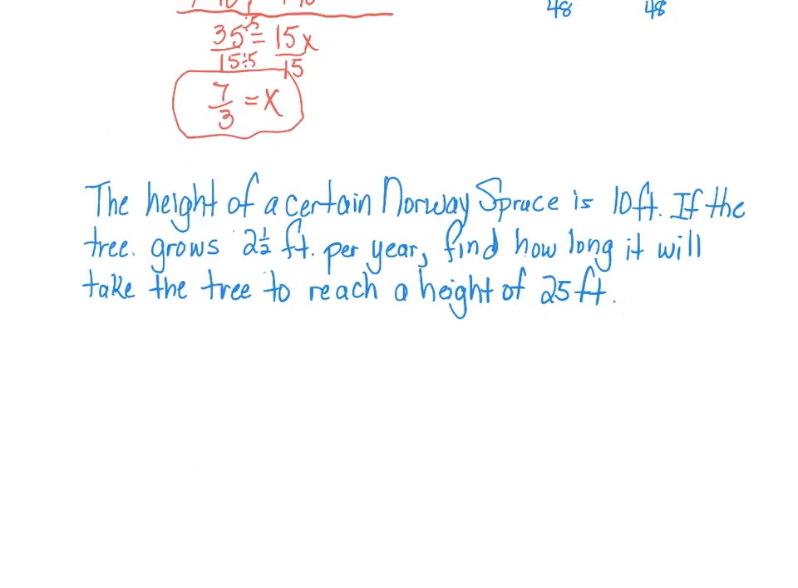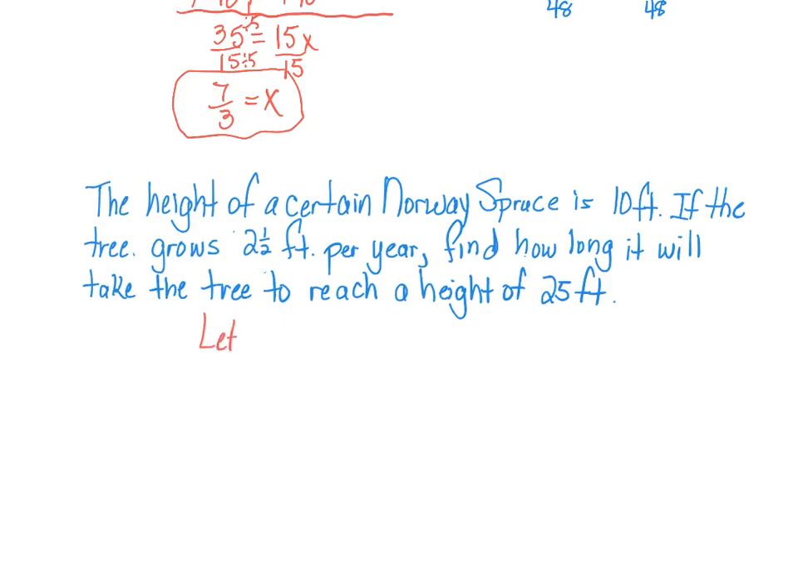All right, the last problem that we're going to look at is a story problem. It says the height of a certain Norway spruce, which is a tree, like a Christmas tree, is 10 feet. If the tree grows 2.5 feet per year, find how long it will take the tree to reach a height of 25 feet. Okay, so remember, the first thing that we have to do is define our variable. What are they wanting you to find? So we're going to say